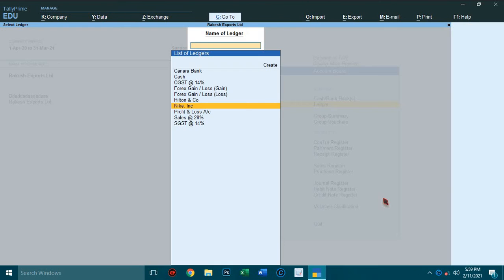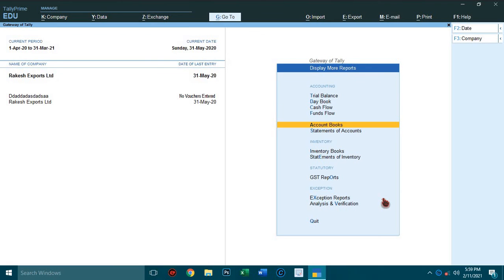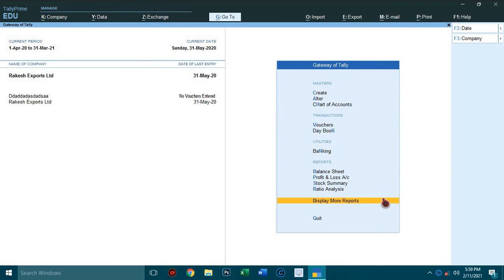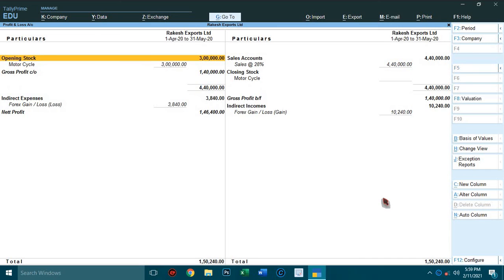Okay. So check the profit and loss account. Alt F1 for detailed view. See here forex gain or loss. So this is expenses, that is 3,840. Forex gain or loss, this is gain. Gain is 10,240. 10,240 minus 3,840.